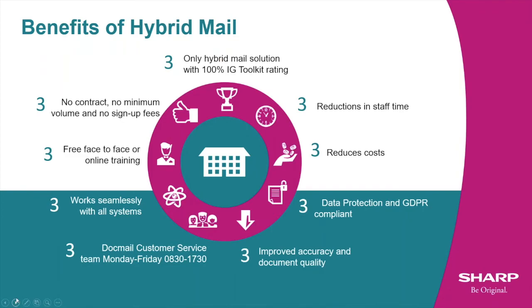So just to quickly recap, key benefits: no contract, no minimum volume, no sign-up fees. Training and support come at no additional charge. We've got 100% rating on the IG toolkit, and the IG toolkit isn't necessarily relevant for everybody. However, it is how the NHS judge us, and if we're handling patient data and sending out millions of documents for the health sector per year, it just shows the level that we operate at when it comes to data